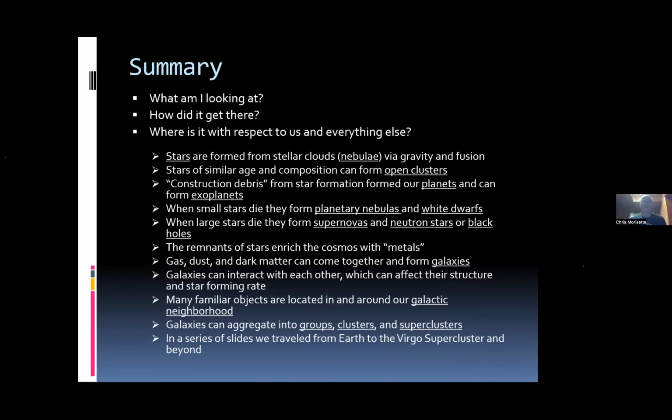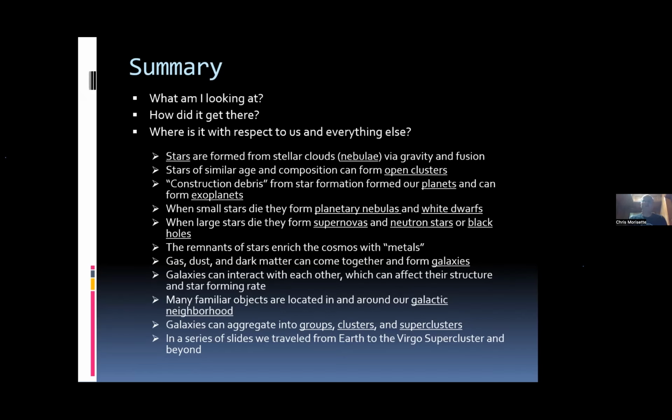The remnants of stars enrich the cosmos with metals. Gas, dust, and dark matter can come together and form galaxies. And again, I owe you more on galaxy formation. This was just a starting point. Galaxies can interact with each other and affect their structure and star forming rates. Many familiar objects are located in and around our galactic neighborhood. Galaxies can aggregate into groups, clusters, and superclusters. And then in this last series of slides, we traveled from Earth to the Virgo supercluster and beyond. So I think we did a fair job